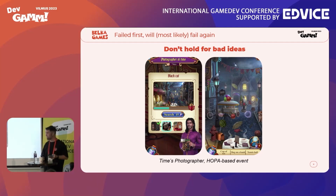Yes, it's quite painful. Our experience shows that if events don't perform from the start, they won't get significantly better no matter what you do. You may disagree with that, but these exceptions only prove the rule. Initially,